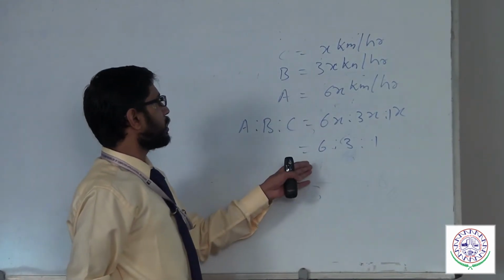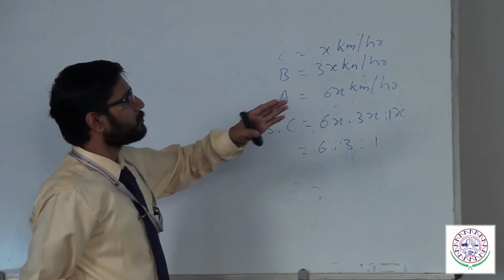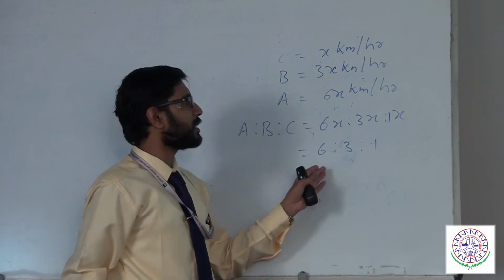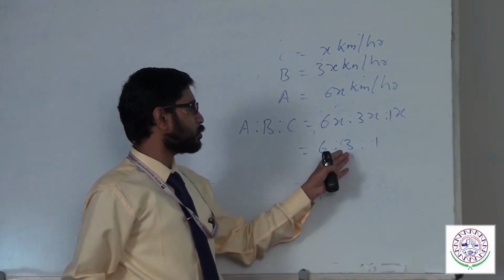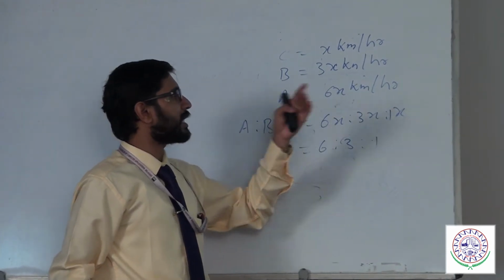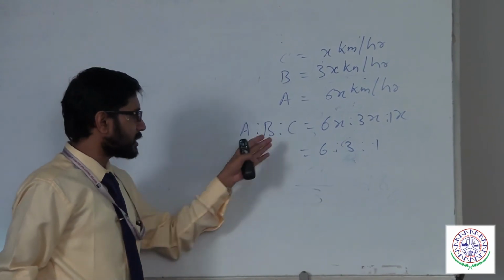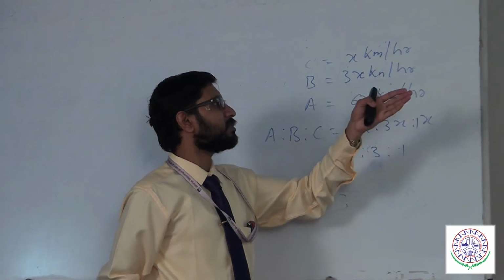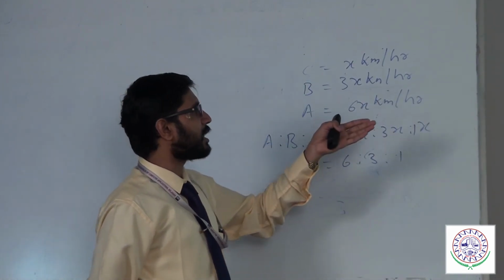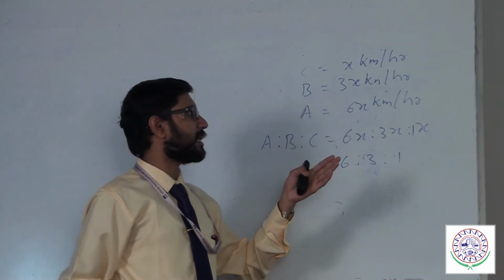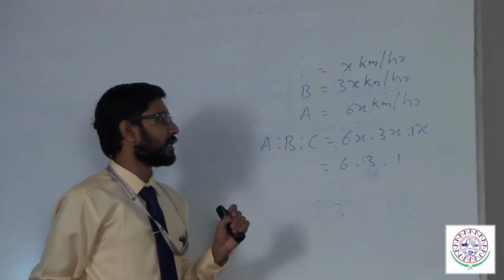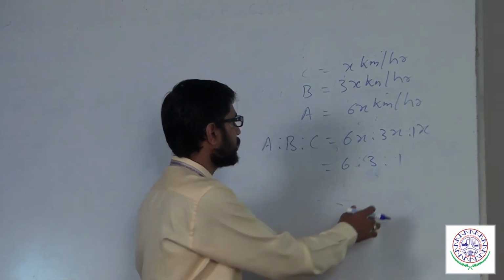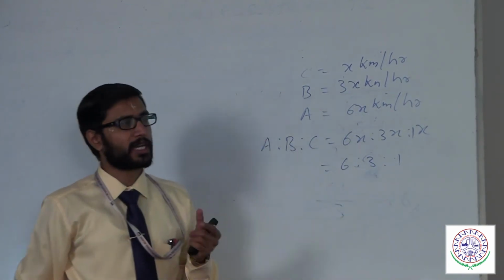What they are telling is the journey covered by C in 54 minutes. If you take the ratio and divide it by 6 is to 3 is to 1, you can get the answer as 18 minutes. This is the actual approach you can use, but in this particular example, since 54 can be easily divided by 3, we can get the answer as 18. So this is the second question for today's session. I hope everyone has understood this concept of taking the ratios and calculating it.